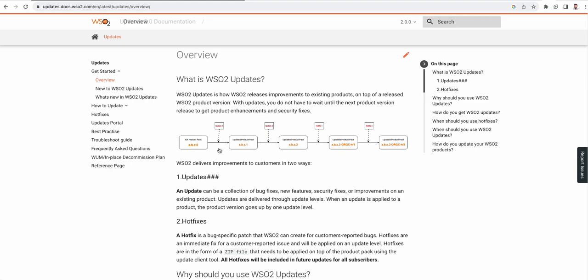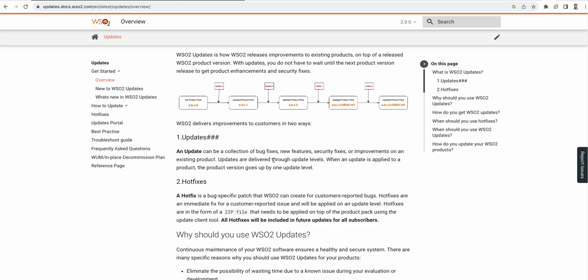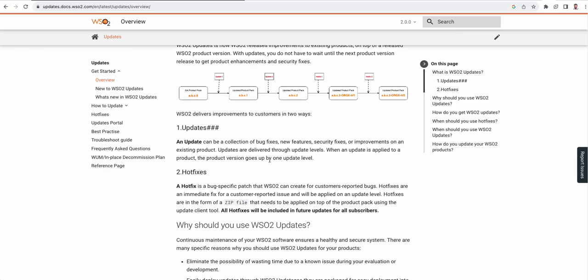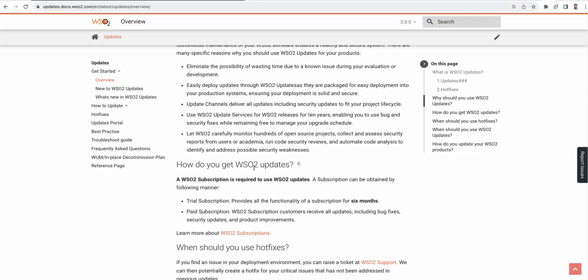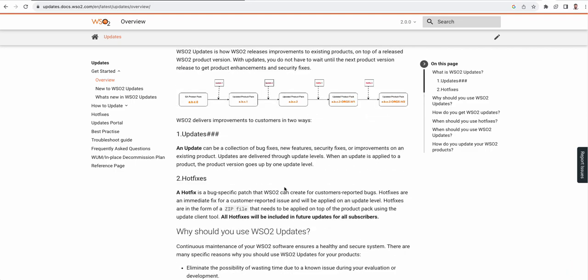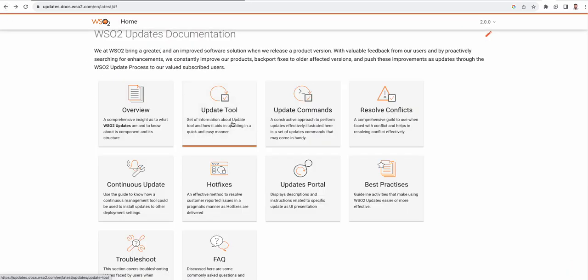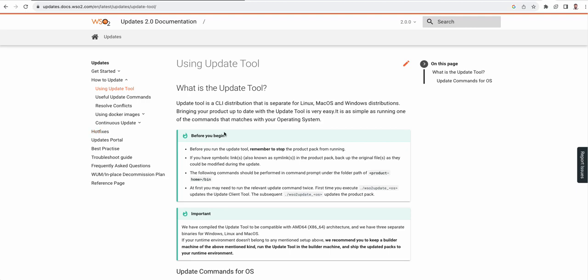Here it explains what the WSO2 update process is and what the different updates are. It could be updates or hotfixes, how they are distributed, and how you get the WSO2 updates. As I said earlier, you need a valid WSO2 subscription in order to get these updates. If you look at this update tool page,